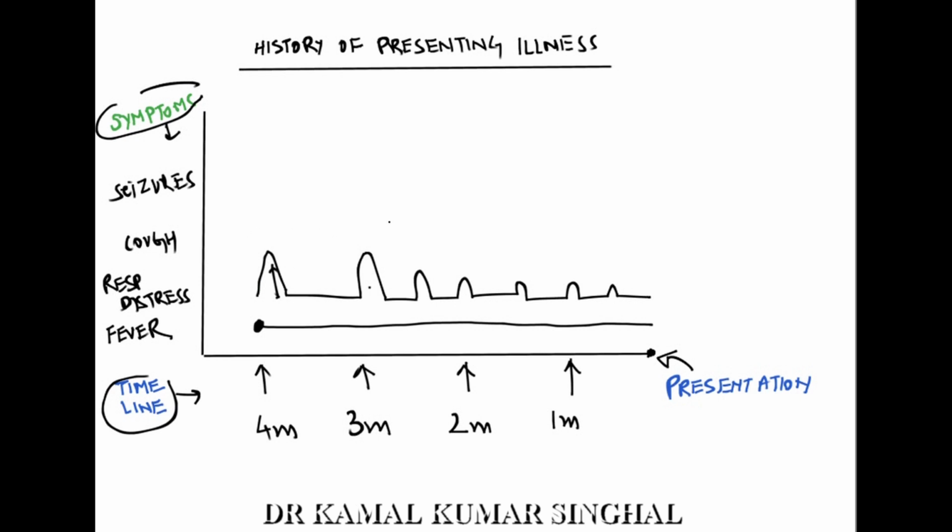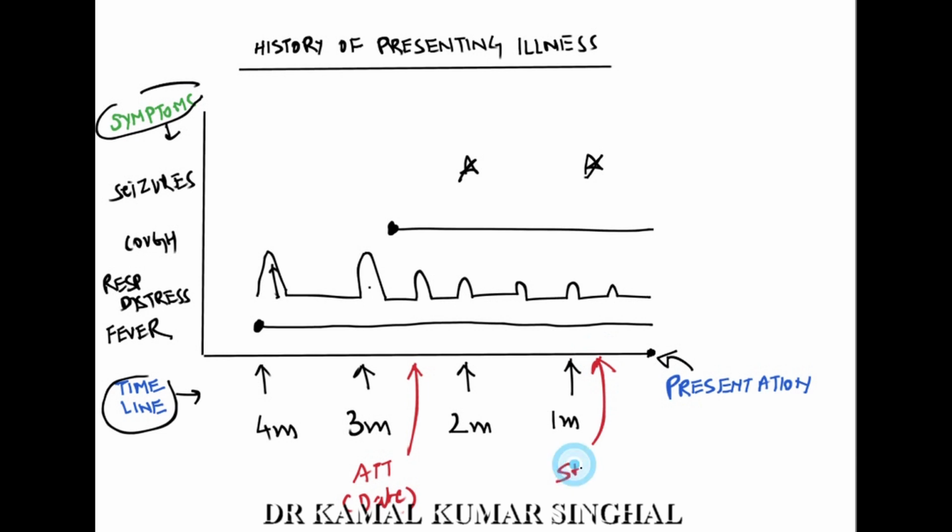Then you can indicate that at this point of time, probably the child started having cough which has been persisting. Seizures again can be depicted as probably he had a seizure over here, then he had a seizure over here. At this point of time, the child was started on anti-tubercular therapy. The date can be put up here. At this point of time, maybe some intracranial shunt was put. Again, a date can be inserted. So this graph will give you an overall idea of the chronology of events